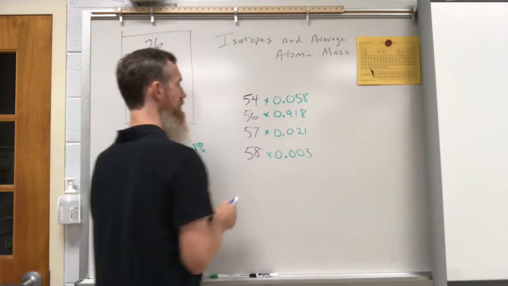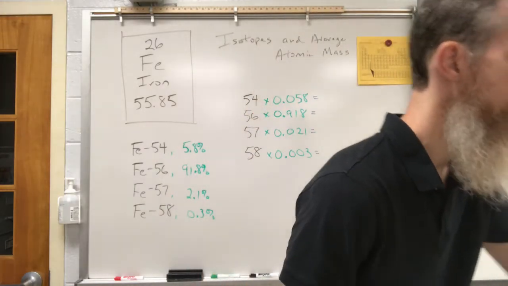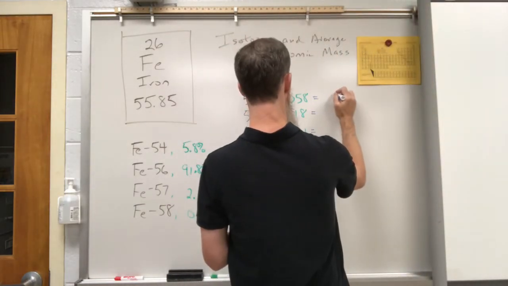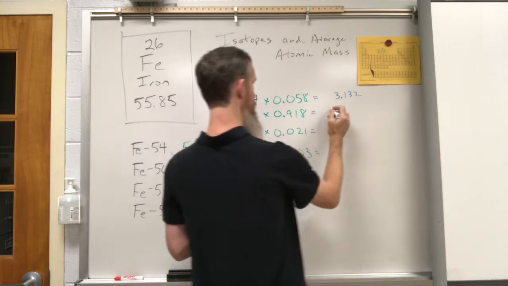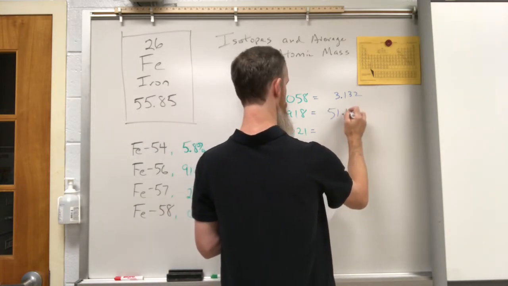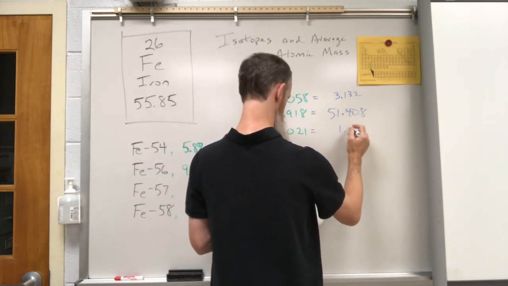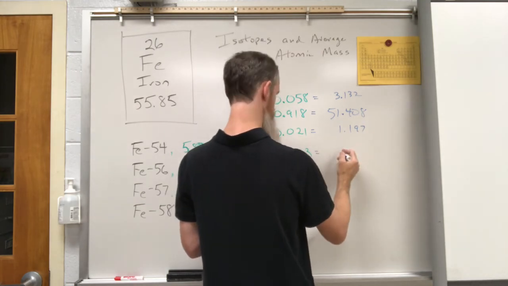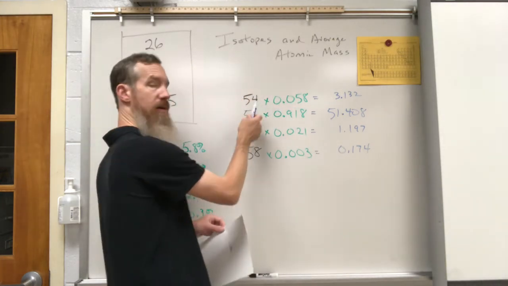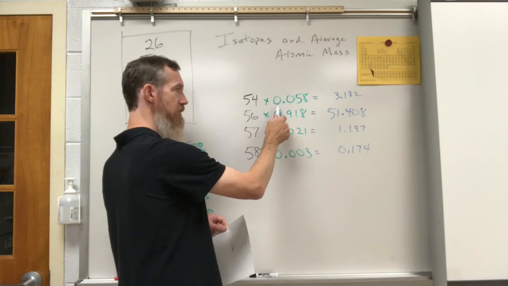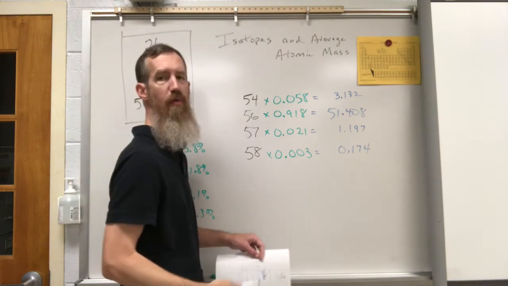And when we do that, we're going to get some answers. So we're going to multiply these across. If you put them into your calculator, I've already done these, you're going to get 3.132 for this one. Here you're going to get 51.408. Here, if you multiply across, you'll get 1.197. And here, if you multiply across, you're going to get 0.174. So, take the mass number of the version, multiply it by the percentage of the version, and you get a piece of the number that's going to contribute to the overall average